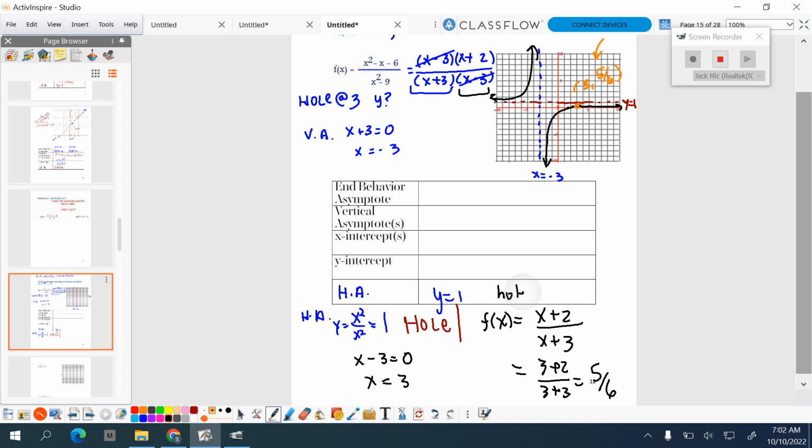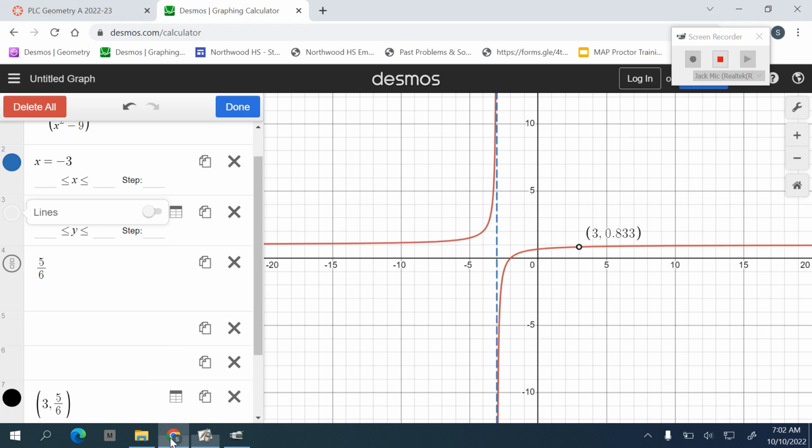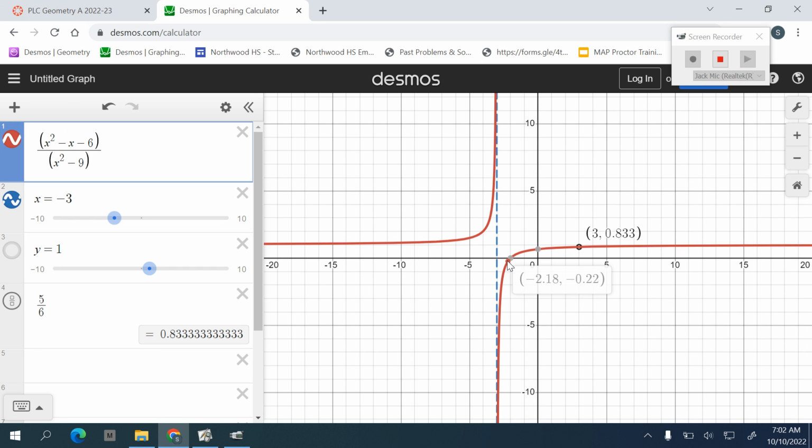It's just placed that the graph doesn't touch at 3, 5/6. All right, x and y intercepts. Where does it cross the x-axis? And it looks like it crosses it at 2, maybe. Let me make sure that's correct. Oh, nope, crosses at -2, and it crosses the y-axis at